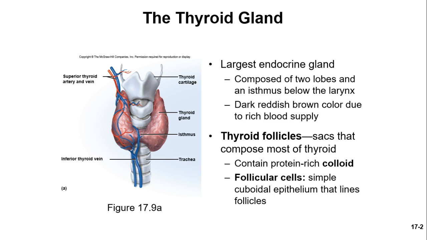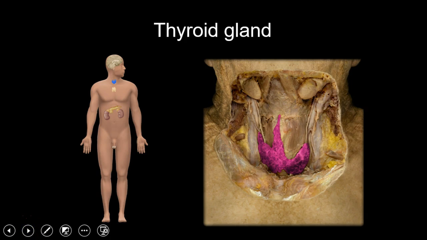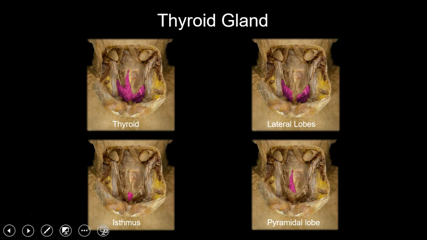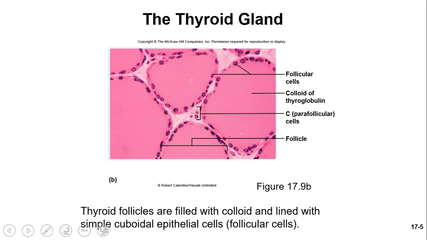The follicular cells are simple cuboidal epithelium. Let's have a look at this. This is what the thyroid looks like. It's going to show you all the lobes and pieces. So these are the thyroid follicles filled with colloid, and you can see the simple cuboidal epithelium. Remember your cuboidal epithelium, the cells are roughly equidimensional, and the nucleus appears to be nice and round in the middle. The cells that compose the follicles are